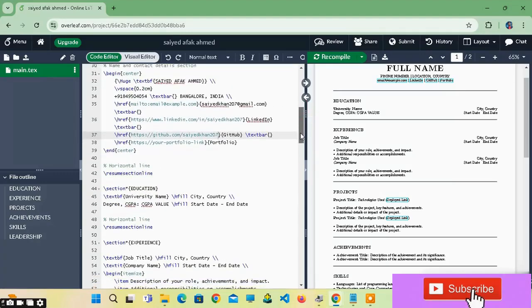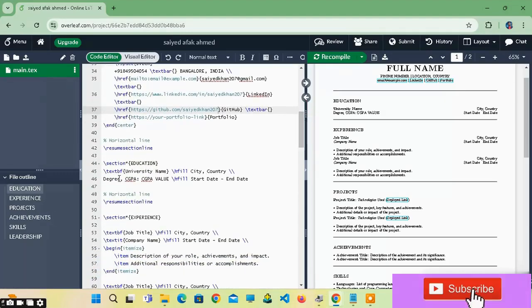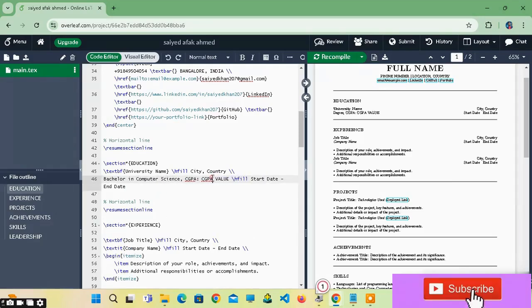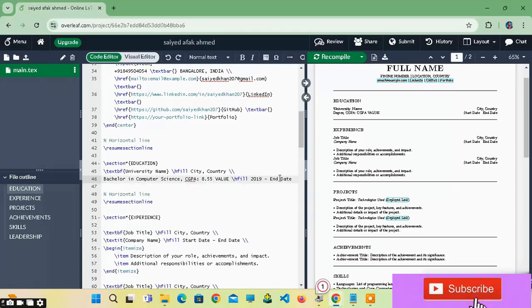I have, but I didn't link here. And you have a GPA degree. Which degree? Then you can write here bachelor in computer science. Okay, CGPA how much? You can write the CGPA here 8.55 or whatever. Okay, so start date and end date you have to write. So start date will be like when, so you can write 2019, and end date is